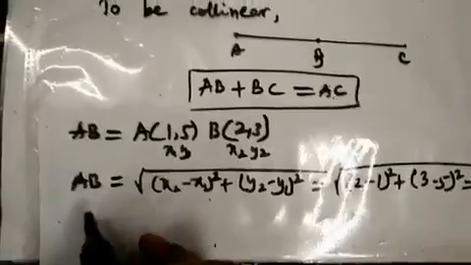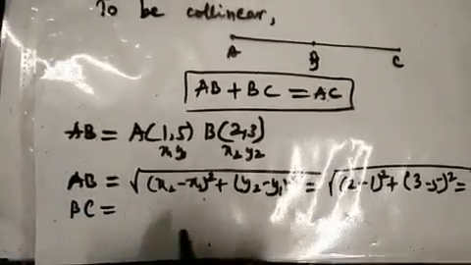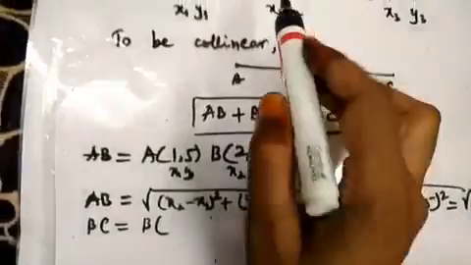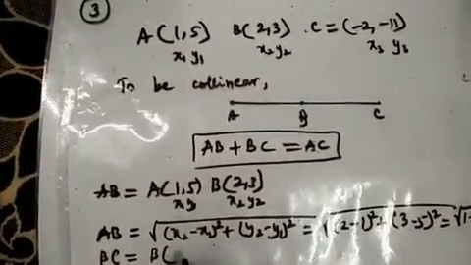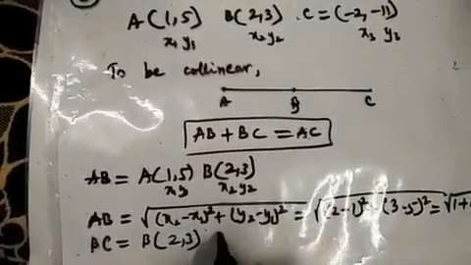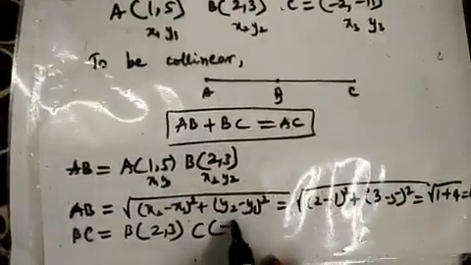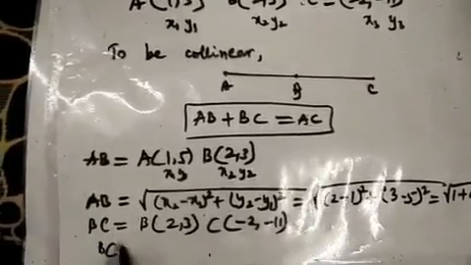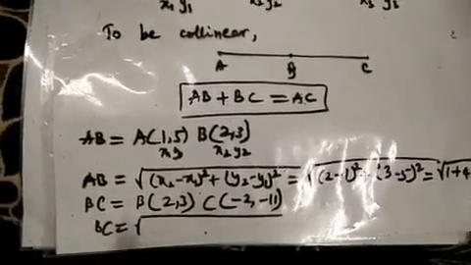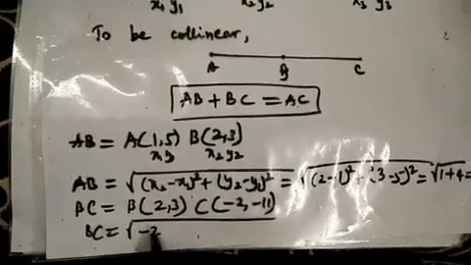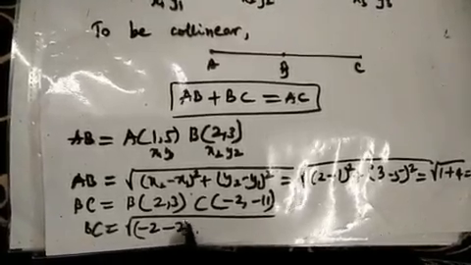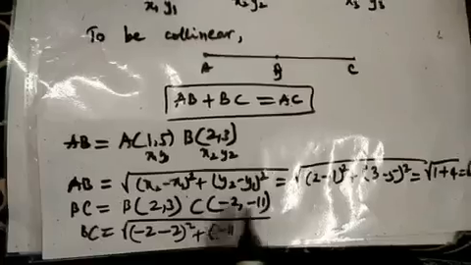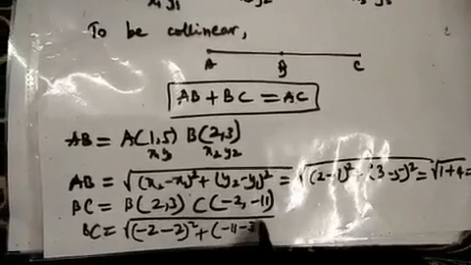Done. In similar way you have to write down BC. Okay. Now when you take BC, you will be writing its coordinates. What is BC here? B is 2 comma 3. Are you seeing there? So 2 comma 3, and C is how much? Minus 2 comma minus 11. Done. Now the same case. BC is equals to x2 minus x1 whole square. I am writing the number directly. Even you can also write, only one time you can write the formula, no need of every time writing. Minus 2 minus 1 whole square and y2 minus y1, y1 is 3, whole square.